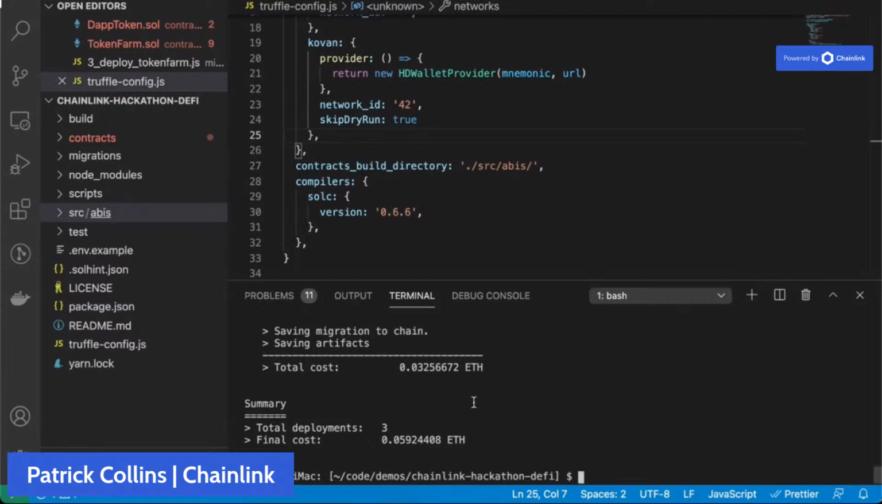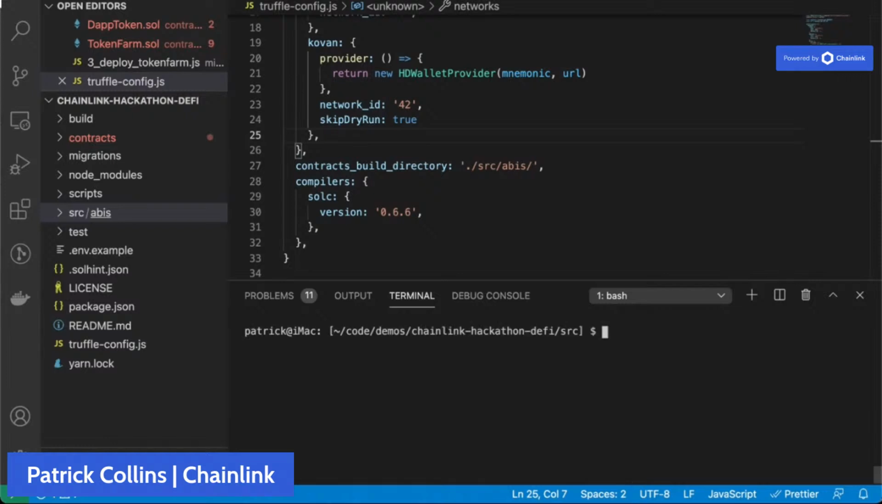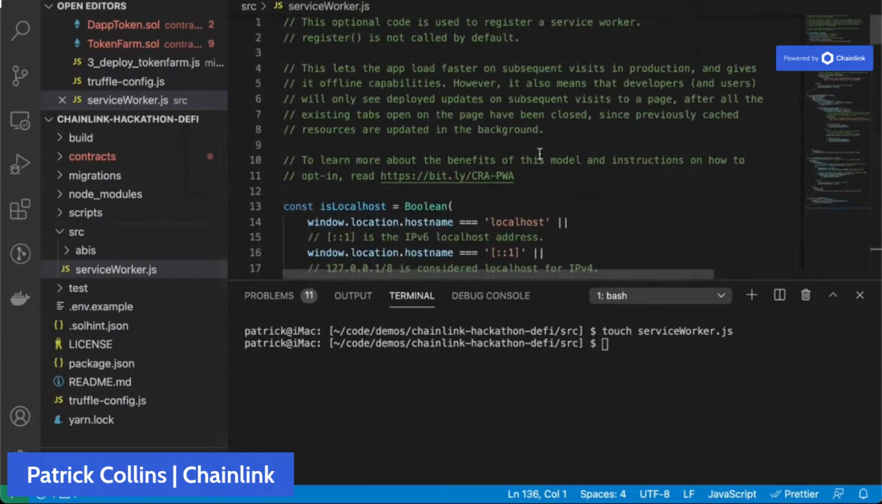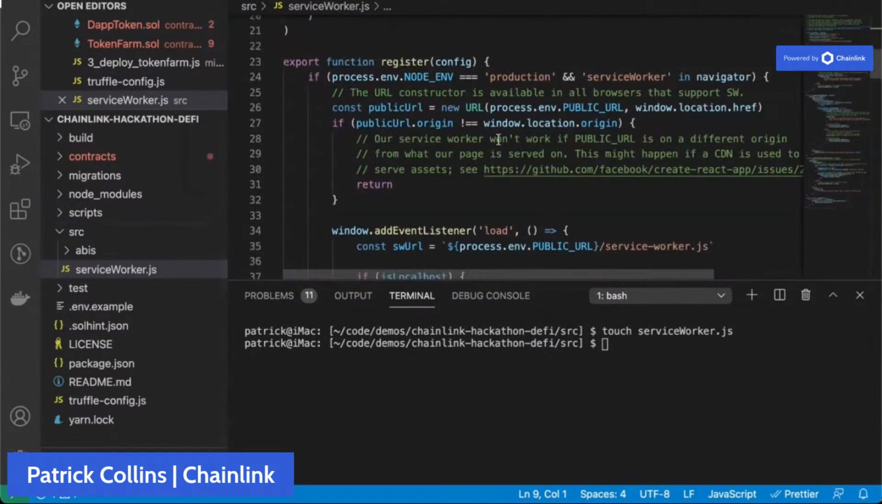So, okay, cool. Let's go into source there. And we're going to touch serviceworker.js and open that up, serviceworker.js. And I'm just going to paste some stuff from my GitHub. Again, just feel free to copy paste for this section. This is kind of the less important stuff. And we are also going to